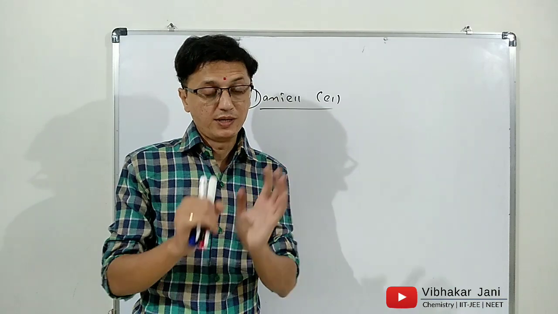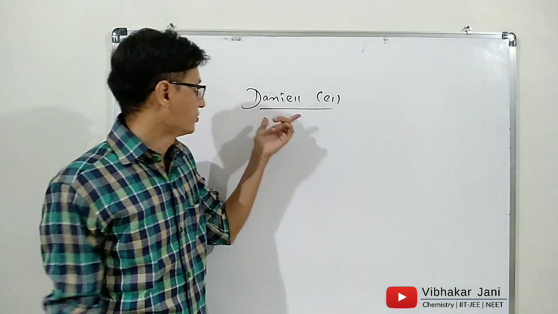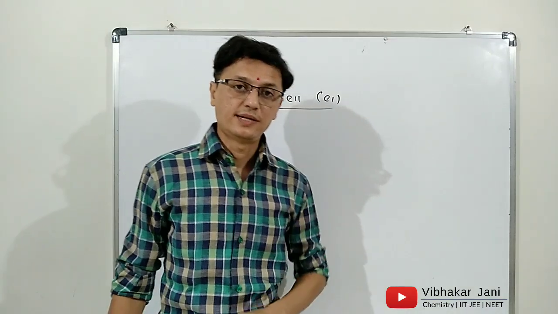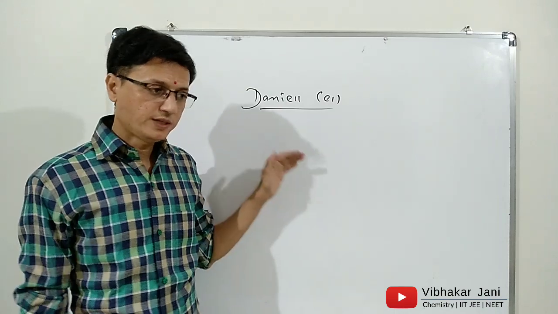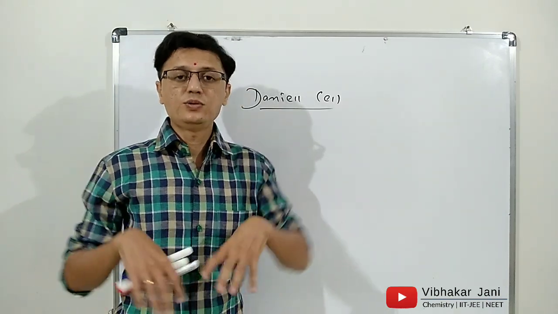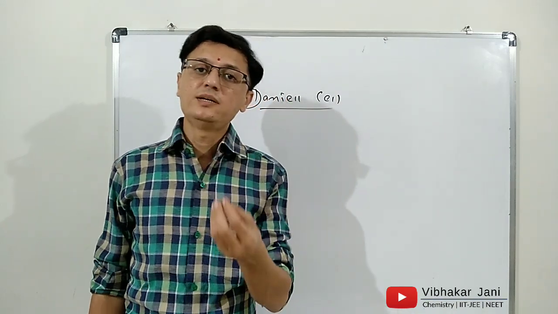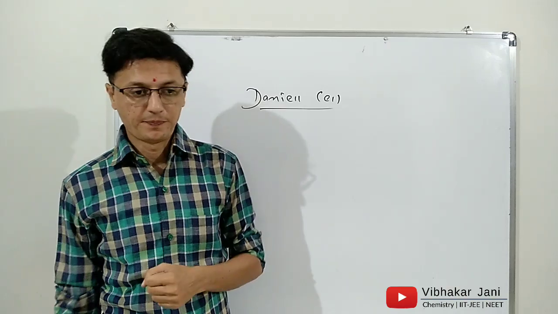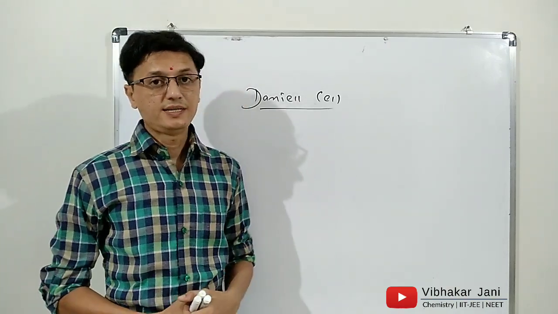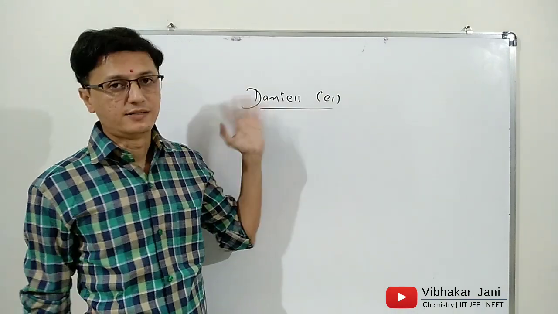So we are going to leave that topic right now, and we will discuss the topic Daniell cell, which is given at the last in our NCERT textbook. This topic is also a very important topic, and in one or two videos, we will get only some primary information about Daniell cell. But in 12th standard, there is a chapter known as electrochemistry. In detail, we will study Daniell cell in that chapter.